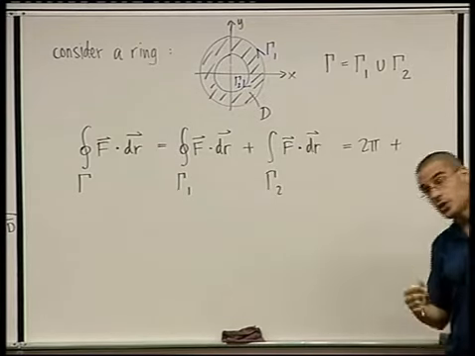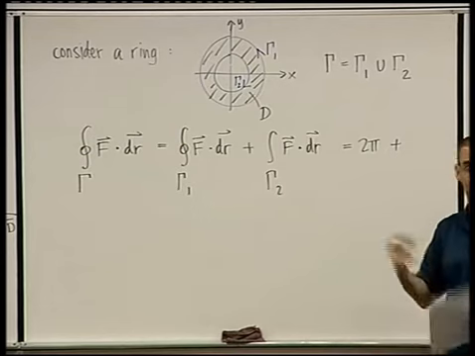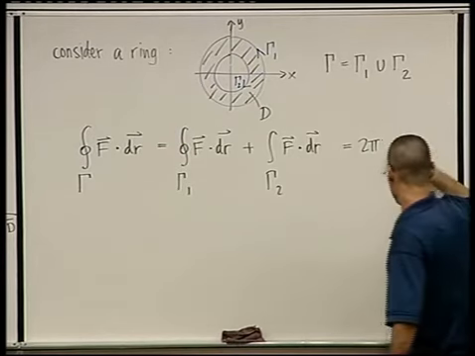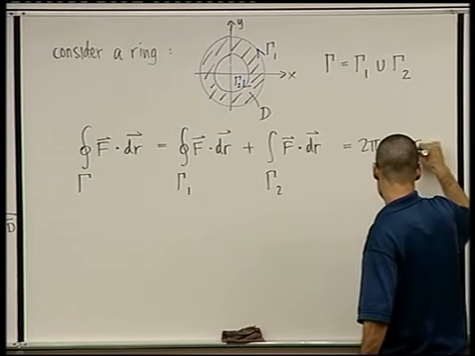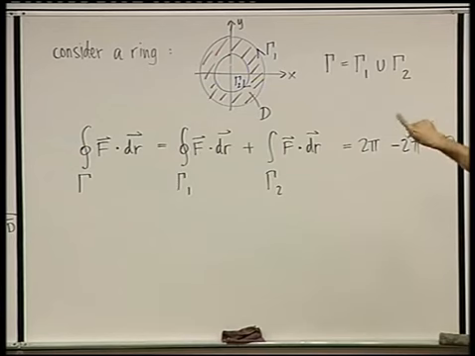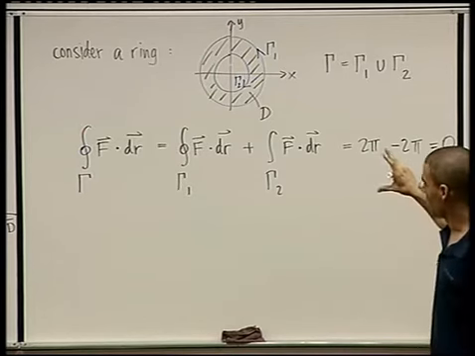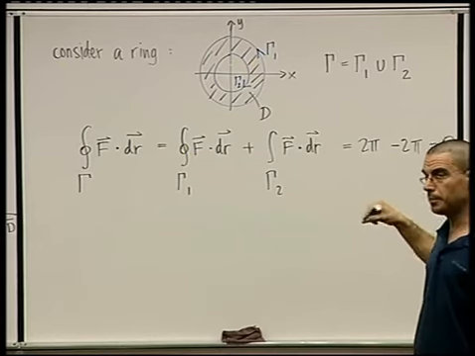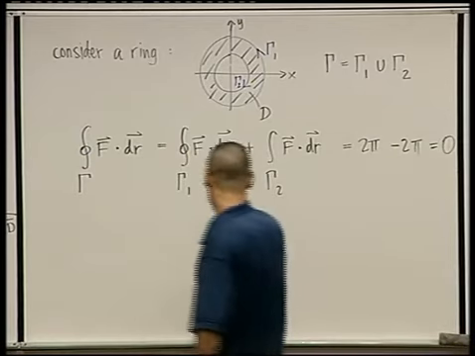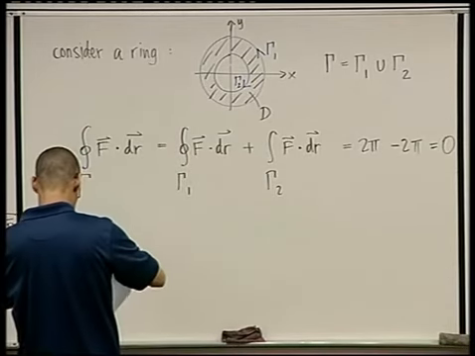Okay? So when we change the orientation of a curve, the work is going to change signs. We discussed that. So this is going to be minus 2 pi, and therefore along the union of these two curves, we're going to get 0. Do you agree? Okay. Now, this is not very important, what just happened here, but it's the idea I want to pick up and use in order to calculate. Suppose now that I want to calculate,